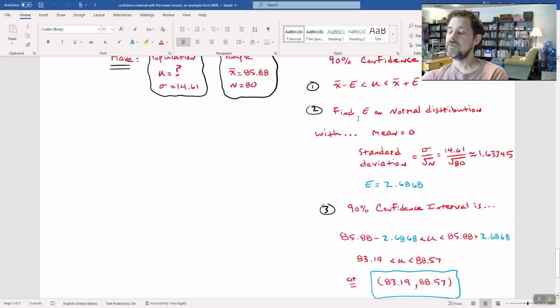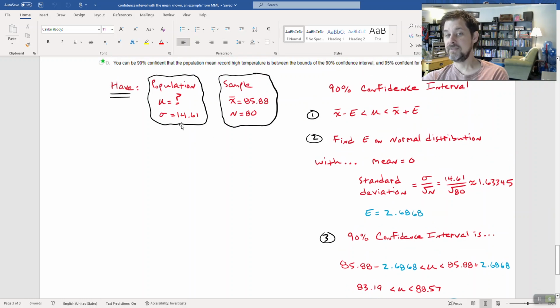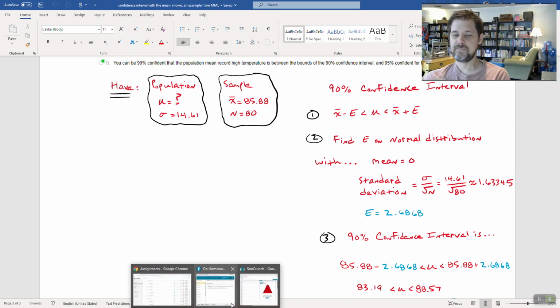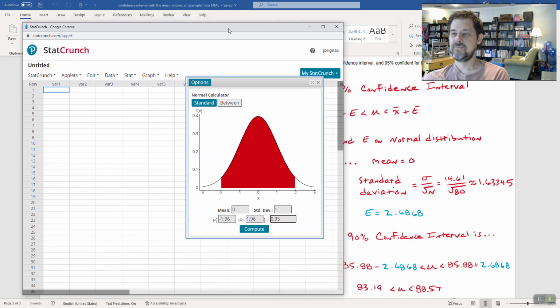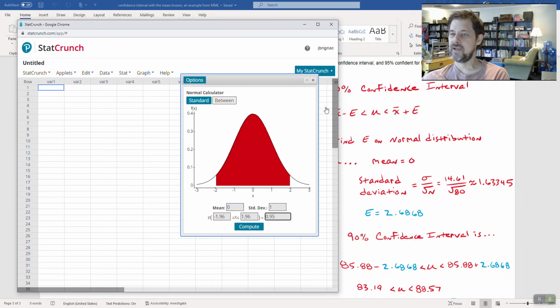All right, what do we say? We find E on the normal distribution with mean of 0 and standard deviation of sigma over root n. In my case, sigma is 14.61, n is 80, so that'd be 14.61 over root 80, and I calculate that to be 1.63345. Okay, now let's look at StatCrunch so that I can find what that margin of error